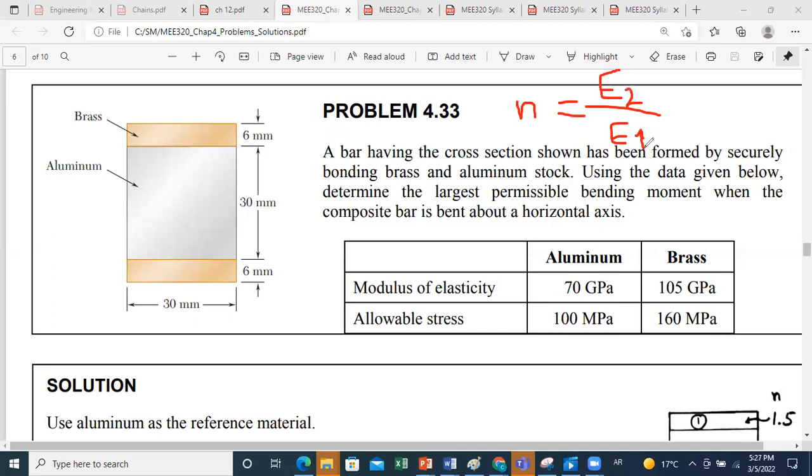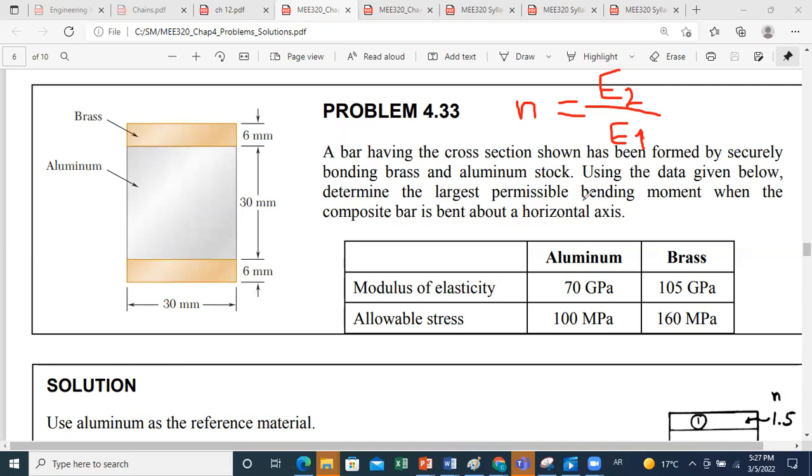But you can do the opposite thing, nothing will change. You can define n as, let's say, E1 over E2, and then instead of increasing the depth or the length, you reduce it. Okay, so both methods will give you the same result, but by convention in general, they take n to be larger than 1